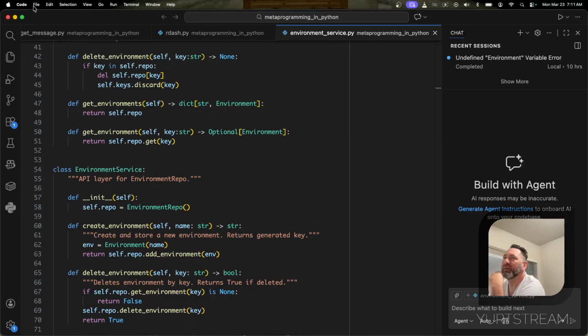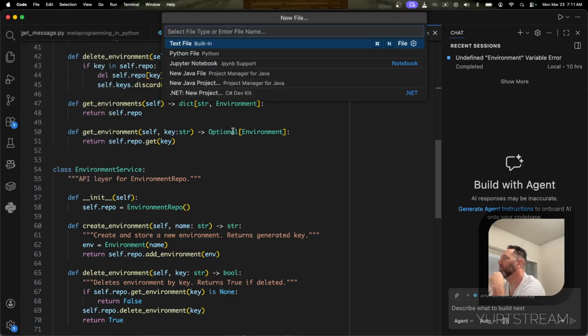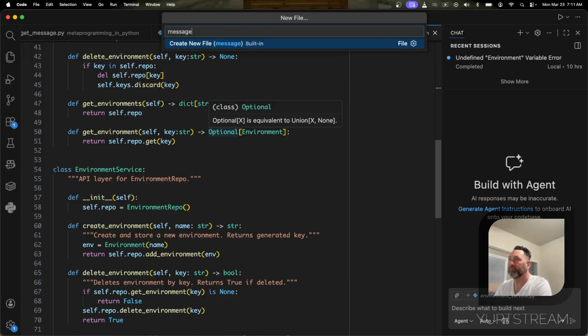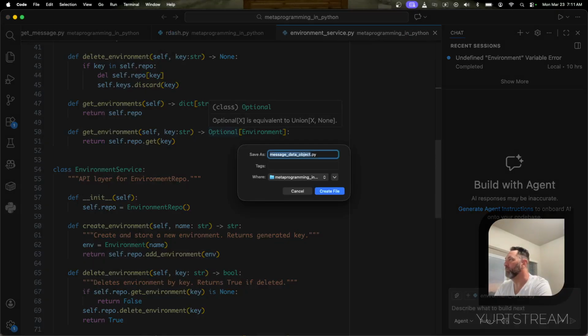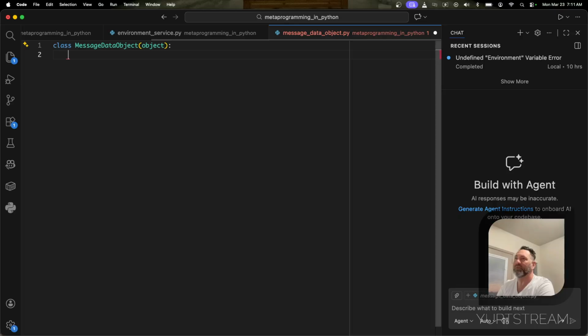I am going to transpose a file. And so this is what I was getting towards. I'm going to create an object that's going to handle our messages, right? And the idea is